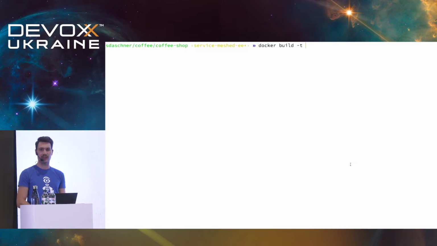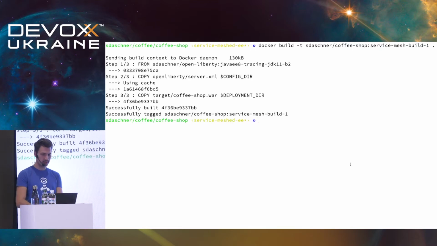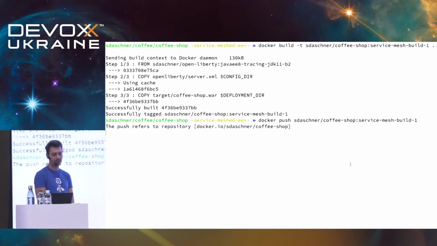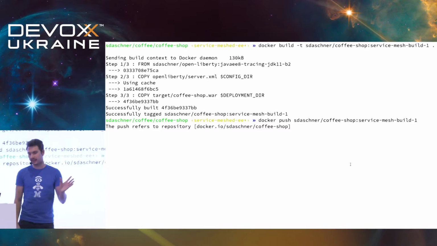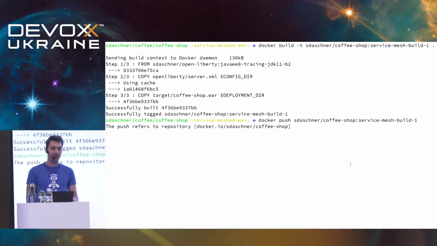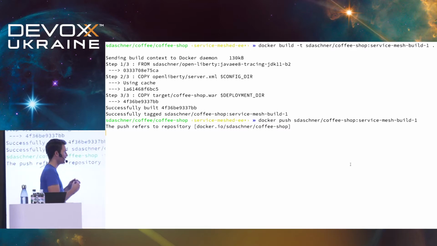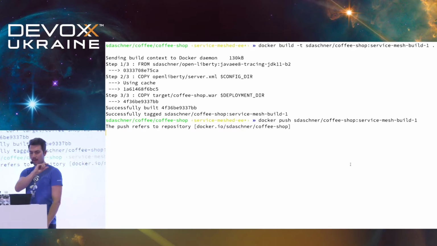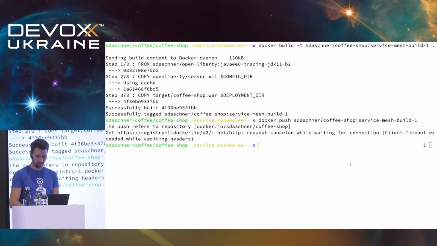You are probably familiar with that, right? To say, this should be my coffee shop private repository, and this is called service mesh build number 1. Build it, and then, of course, let's hope that the Wi-Fi works properly. We're going to push this to our repository. So a nice thing about that is, let's see how that works. If you use a thin deployment artifact approach, where you basically have a very thin target moving point, oops, that's not good,